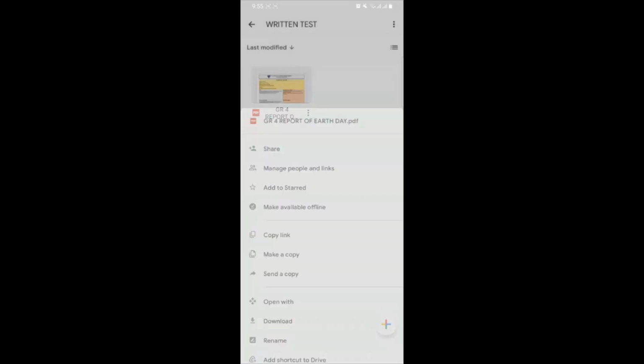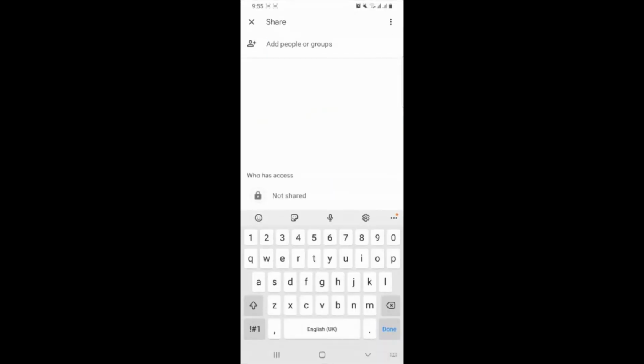Now enter into the written test. How many papers are there? Now it is 1 student paper, 2 student paper, 3 student, 4. However many students there are, you need to block each of them. How you block them is, you click the 3 dots, click share. So now you can see I blocked it. It is here like this.